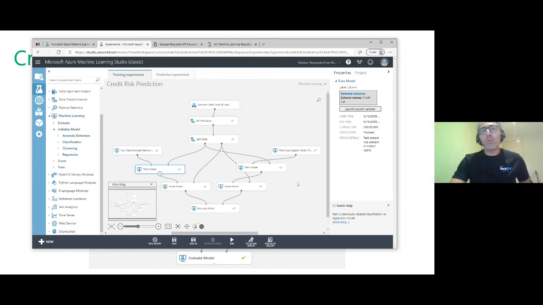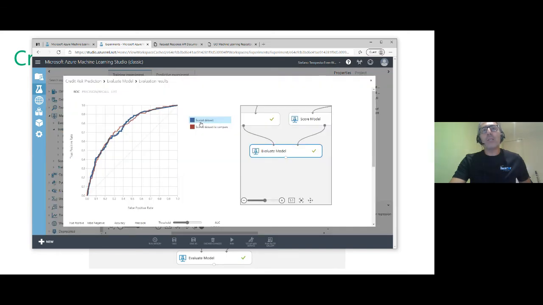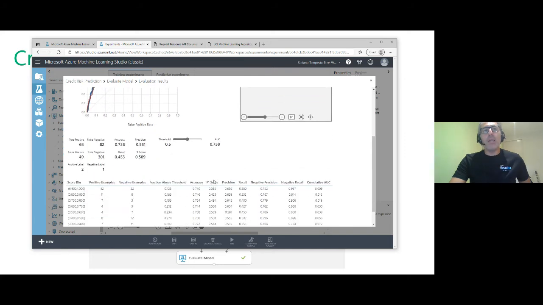So just compare them. Here I pick one, a two-class boosted decision tree, and here I pick the support vector machine. I do exactly the same training, scoring, and then the evaluation. And then I compare them. The one on the left is the scored dataset, the blue one. The one on the right is the red one. And then see, hey, how do they compare? Now, in this case,